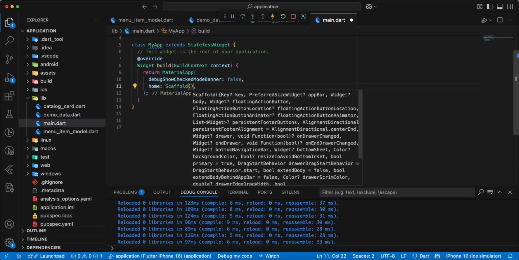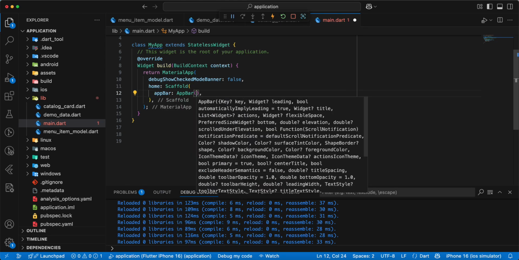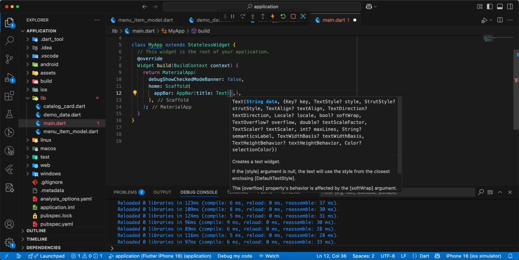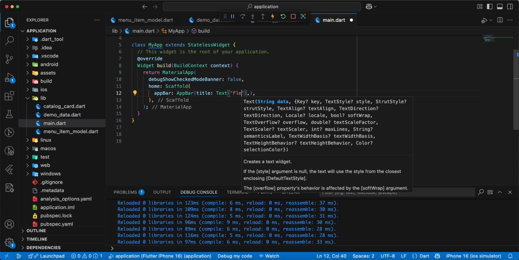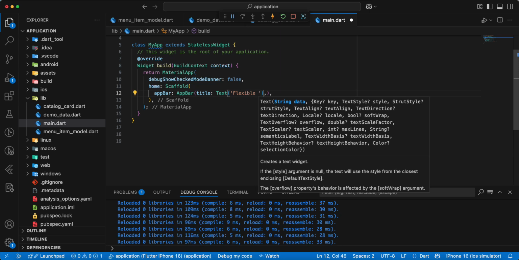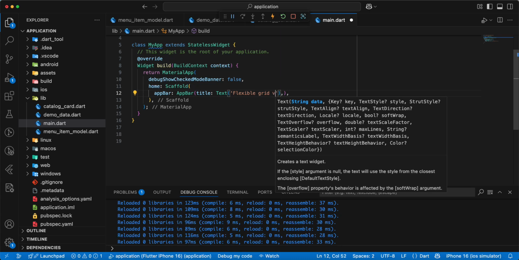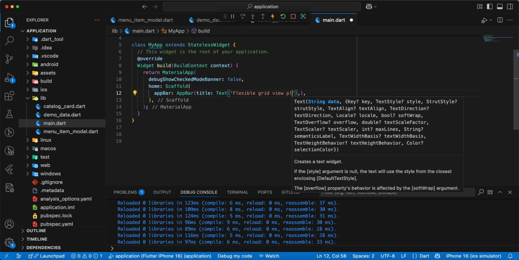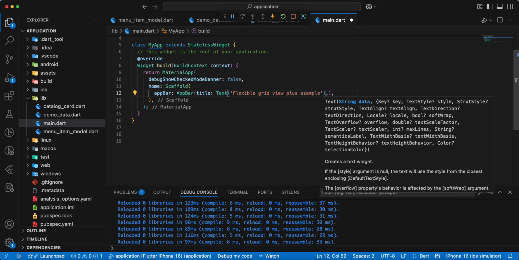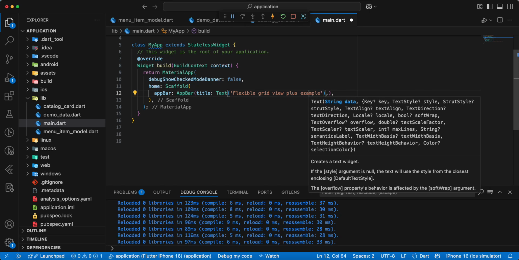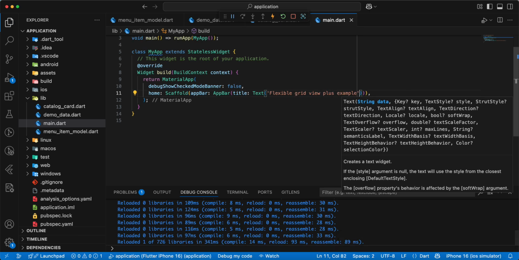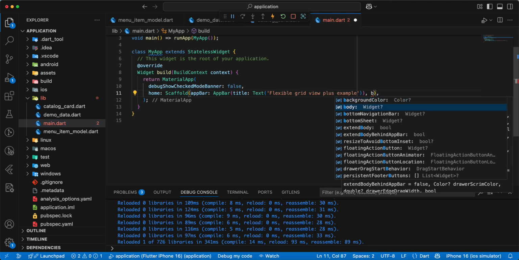Write Scaffold, write AppBar, write title, write Text, write Flexible GridView Plus example, save, add body,